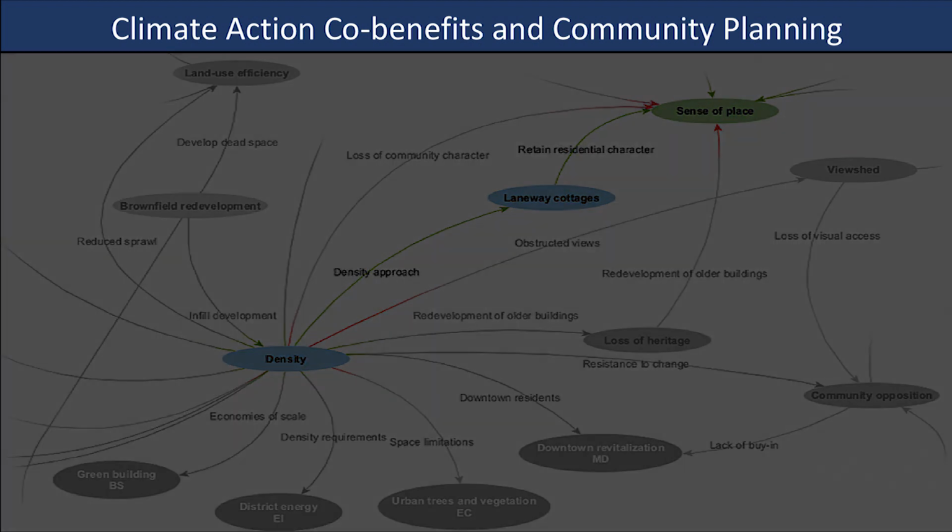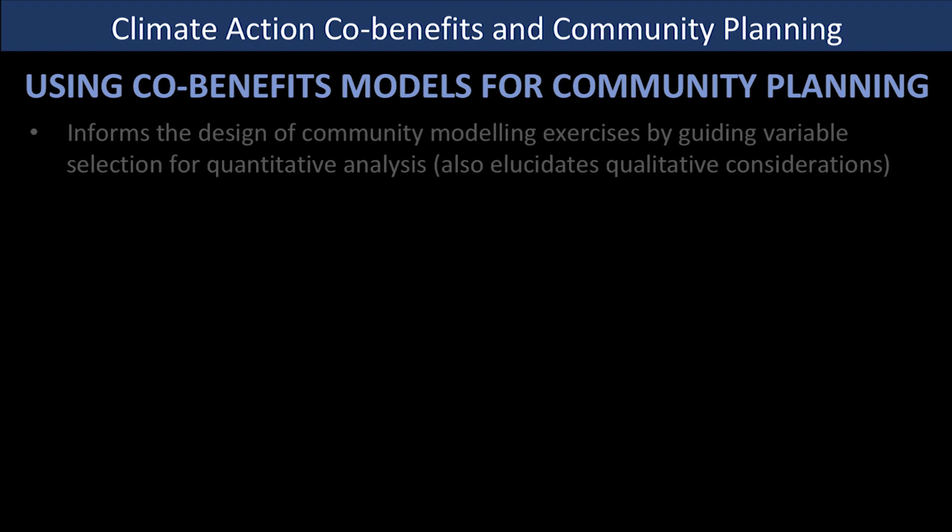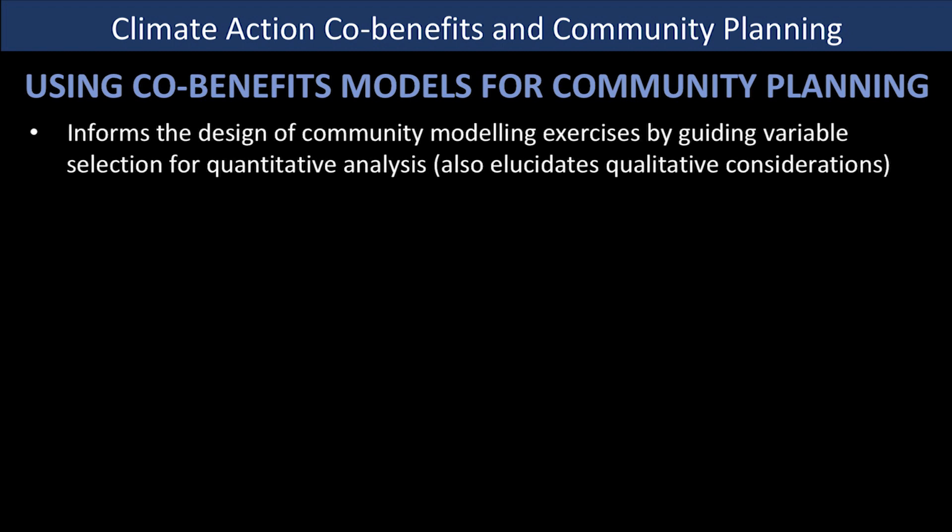So we do have these models available, and we're hoping that people can use them for planning. But then the question comes in, well, how exactly can you use them for planning? Well, one of the ways is they can be used to inform the design of community modeling exercises. So thinking quantitative modeling exercises where you're doing scenarios and simulations. If you're doing things around transportation systems and trying to model greenhouse gases, you can also think about the other connections and synergies between that and walkability, maybe think around metrics like that, and also green space. I'm actually doing this in Squamish right now, so I use these conceptual models as a basis. I find them incredibly useful.